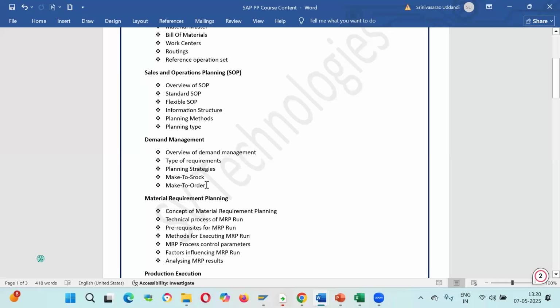I'll tell you the difference between these two. Whenever you place an order for a pizza with your custom requirement, some toppings, adding some extra cheese, after receiving your order only, they will start making it to meet your custom requirement. They will start preparing.